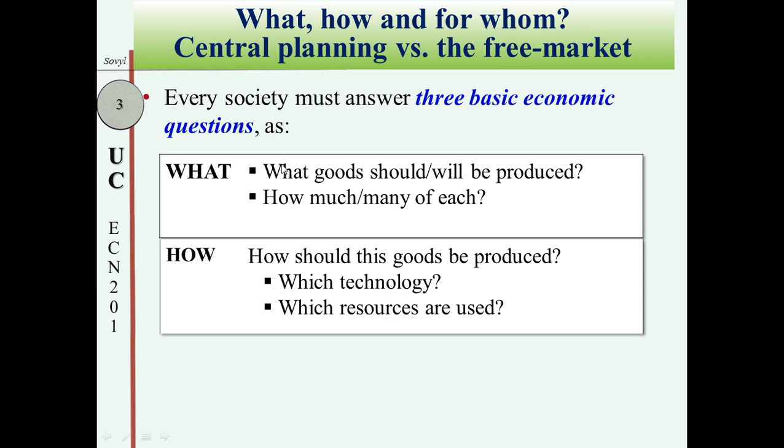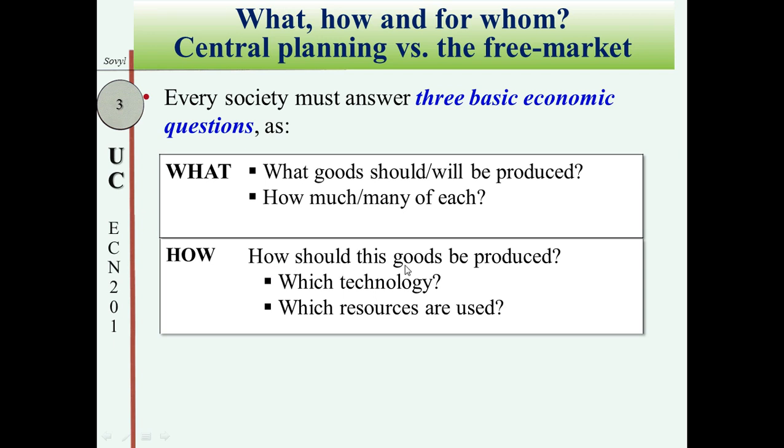If you know what to produce, for example, what goods and services should Cambodia produce? If Cambodia can decide what goods to produce and how much to produce of those goods, thus